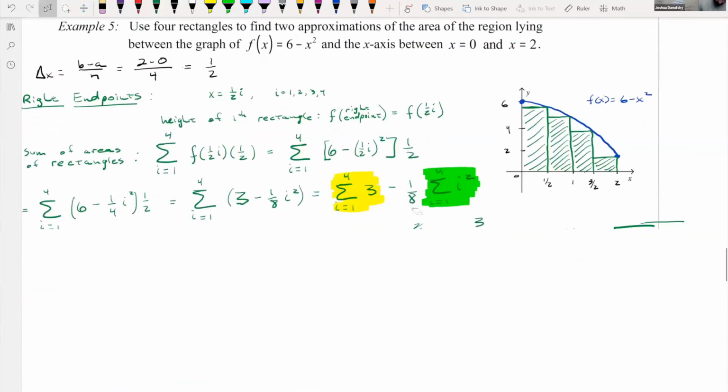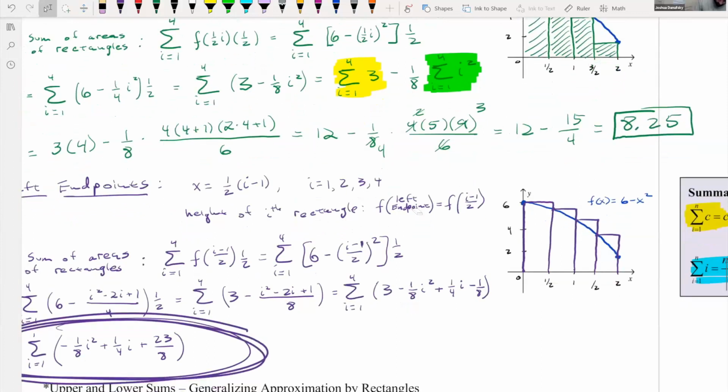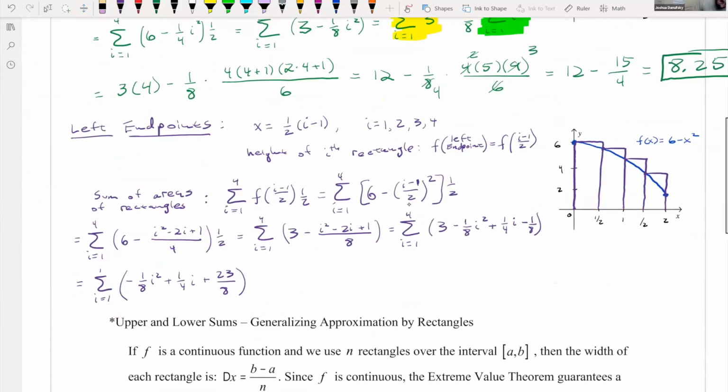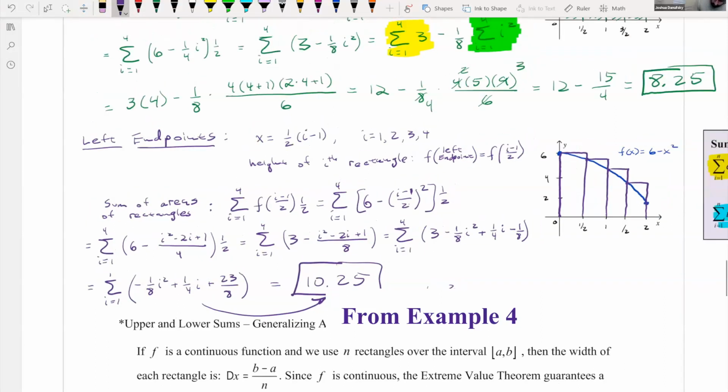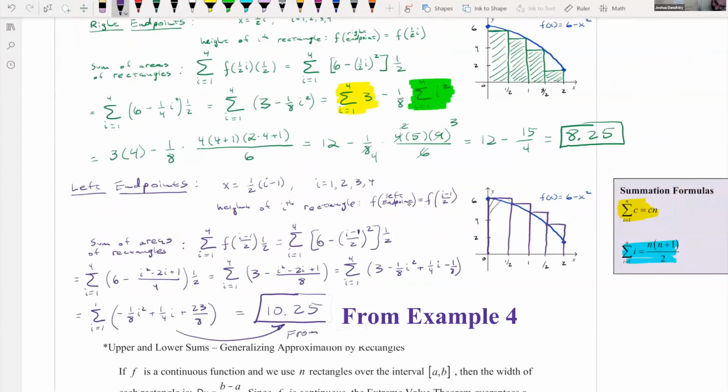So I'll just write down here equals 10.25 from example 3. And so what we have is we've just found in purple the sum of the areas of these rectangles here